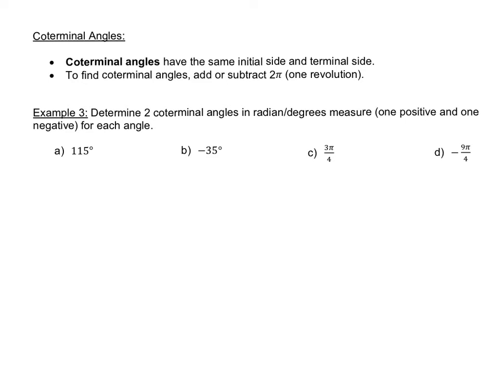So to give you an example, let's say you have an angle like 30 degrees, okay? If I were to think about 30 degrees, it would sit along here on the initial side, and this is 0 and this would be 90, so 30 degrees somewhere between here. And so this here is 30 degrees. But what if I had another angle? Let's say that it was